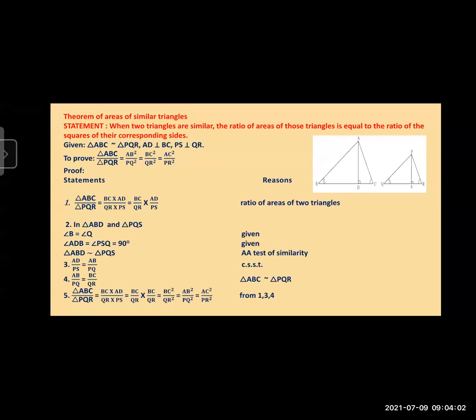So in this theorem, you remember only two conditions. First, you apply the area of triangle and then show these left-hand side triangles are similar. Take their corresponding sides and then equate. And from the first, second, third condition, you will get your final proof. So remember this. The theorem: the ratio of area of two similar triangles is always equal to the ratio of the square of their corresponding sides. Okay. So this one is an important theorem.